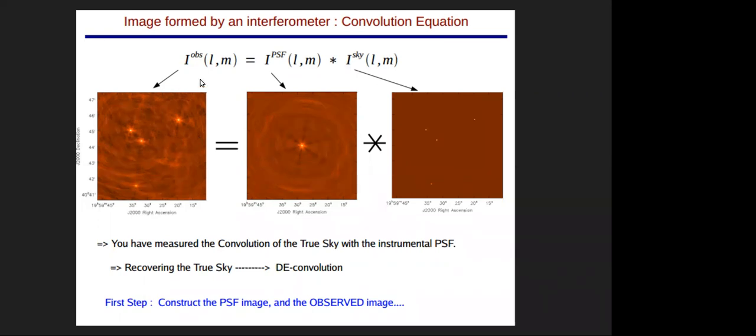The true sky is being convolved with the PSF. We want to deconvolve this PSF and get back to the sky, and that is done with the CLEAN algorithm, a deconvolution algorithm, which is well implemented in CASA, and the basic theory has already been discussed in Poonam's lecture before. Okay.